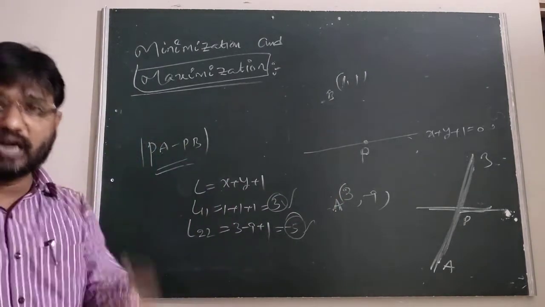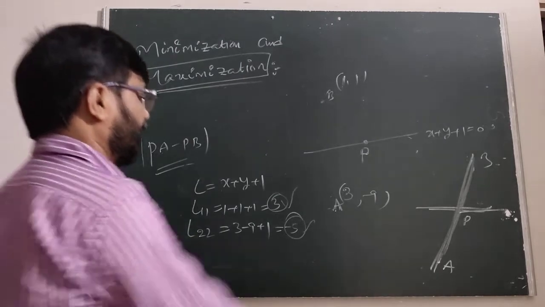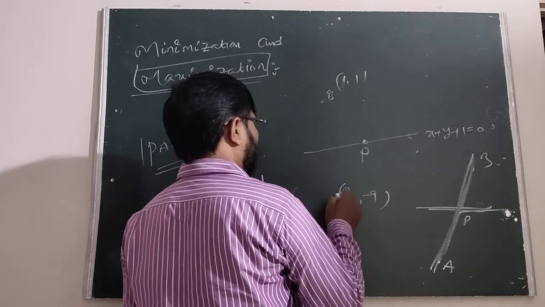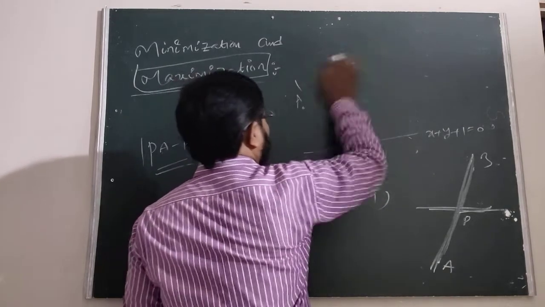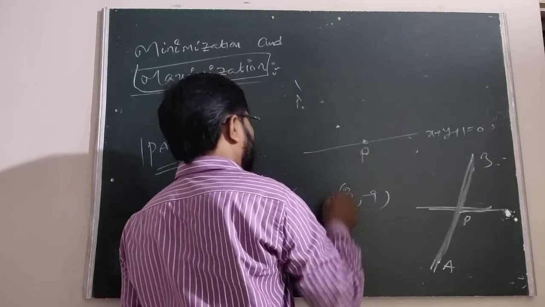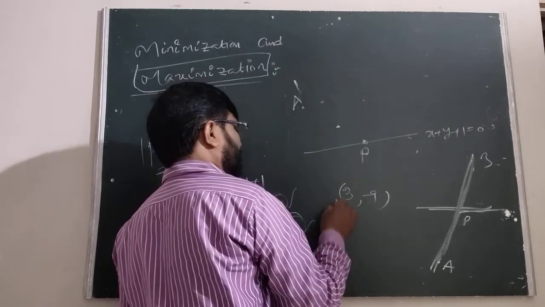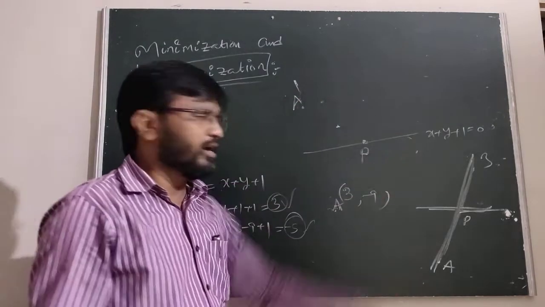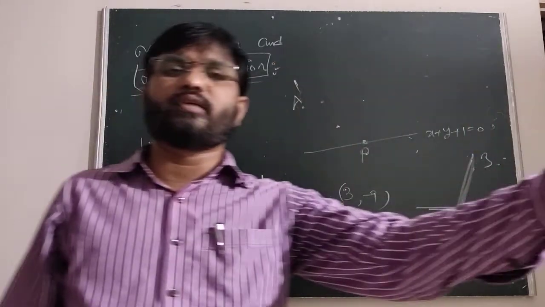But in the case where the points are on either side and we have to find the maximum distance, undoubtedly we have to find the image of A. This is the point A. The image of A, we are taking as A dash. Is it clear? Therefore, all of you listen here. First we find the image of A, A dash, with respect to the line x plus y plus 1 equal to 0, by taking h minus x1 by a.